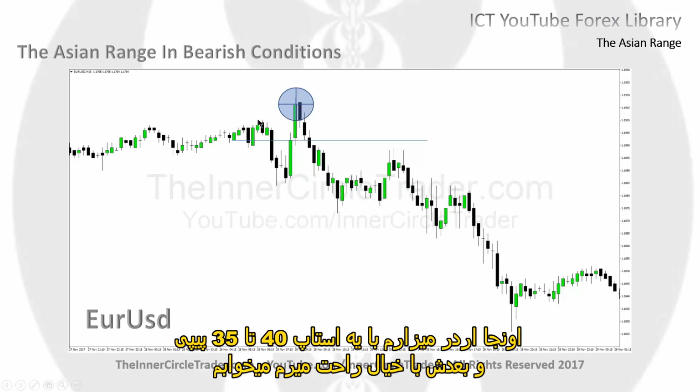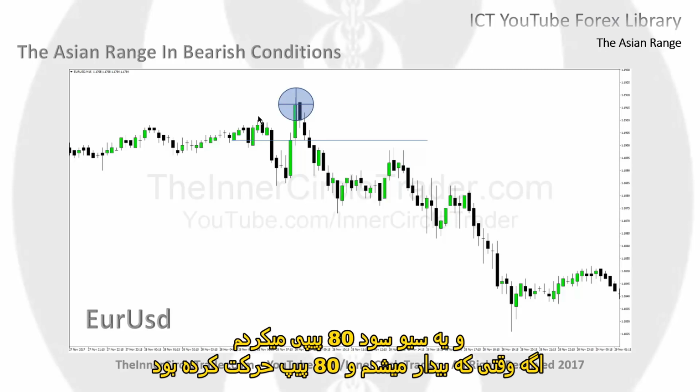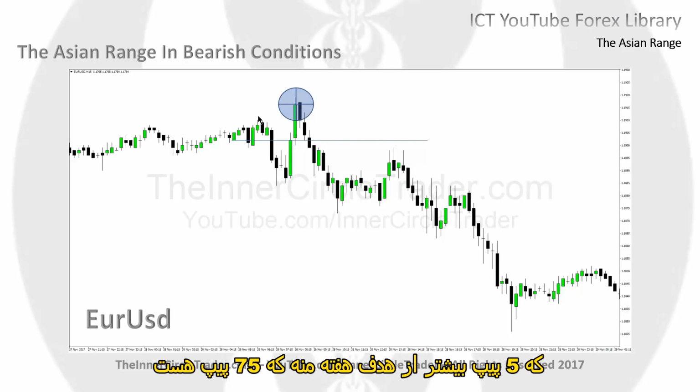My limit order would be about there, and my stop loss would be about 35 to 40 pips. And I would go to sleep and be comfortable with that. Okay. I would have an 80 pip take profit on the full position. That way, if I did wake up and it moved at an accelerated pace and moved 80 pips, that would be